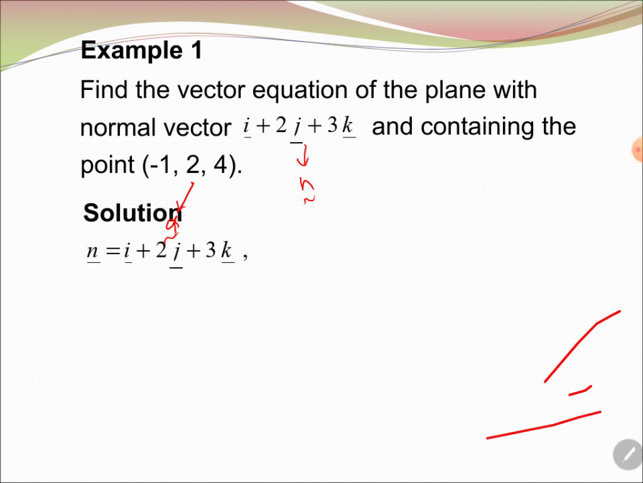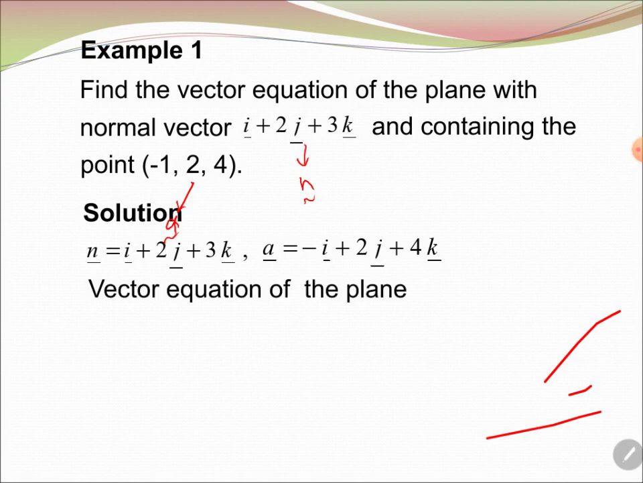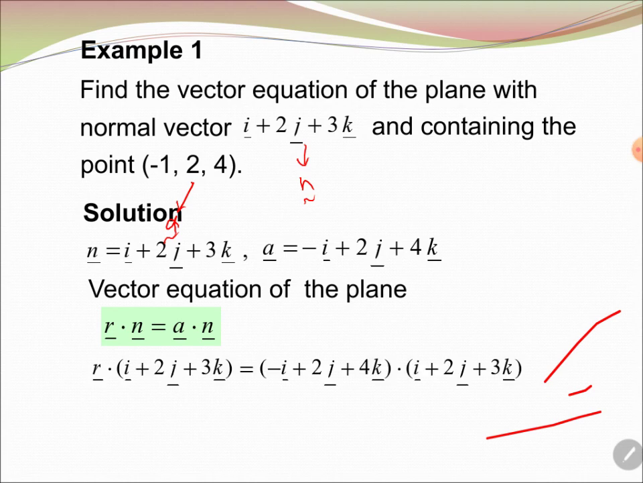So how do we find the equation of the plane? We write down n and the vector A and substitute into R dot n equals A dot n. So what is our formula? R dot n equal to A dot n. R is the points on the plane, and n is equal to i plus 2j plus 3k, and the right side will have -i plus 2j plus 4k as the fixed point, the position vector A, and then the normal,